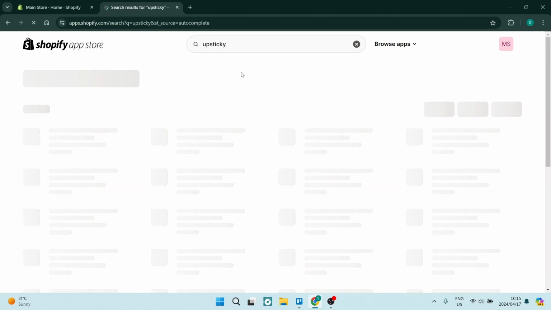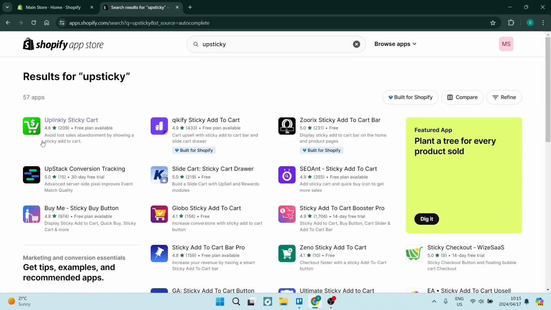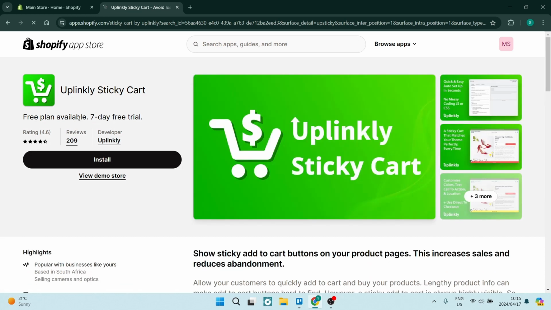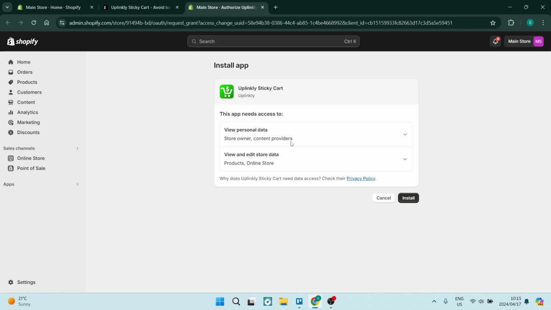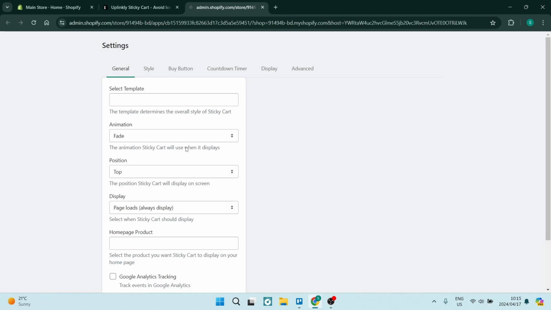Now, this is a third-party app, and the icon looks like this. It's a little shopping cart with a dollar sign inside of it. We're going to just tap on install over here on the left-hand side, and this will allow us to customize that cart button, that add to cart. Here we're going to tap on install, and we're going to go through the process of having this integrated into